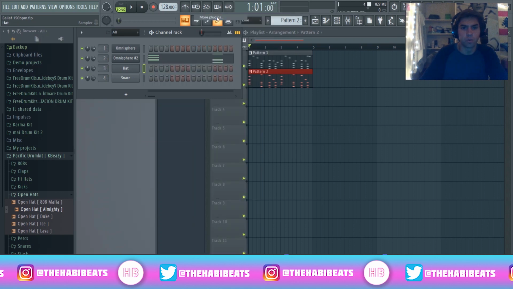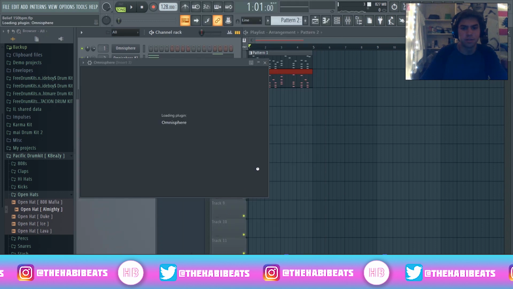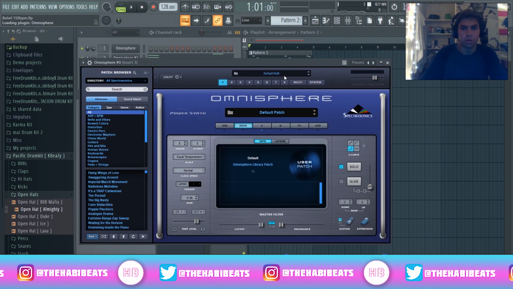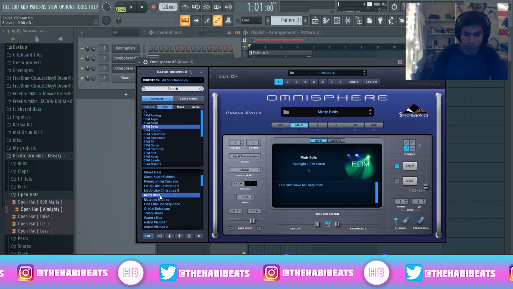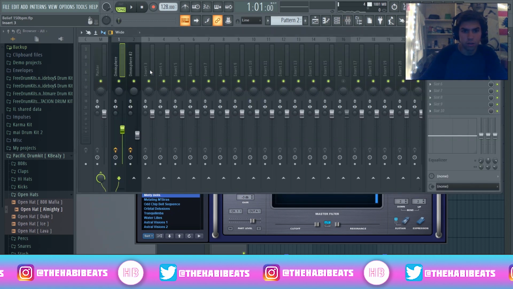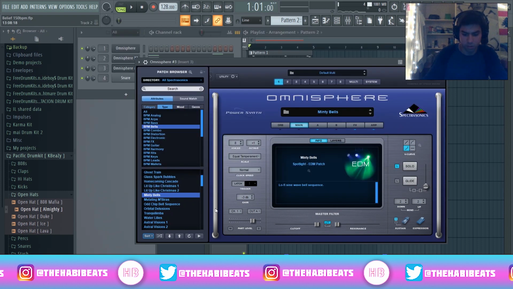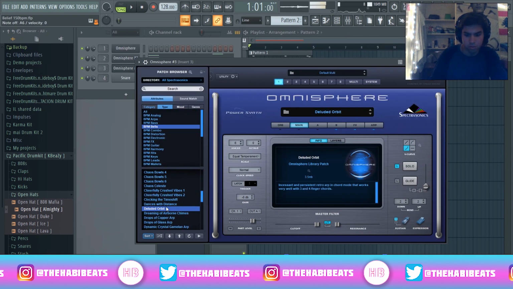And for this third one, we're not necessarily going to just copy and paste and switch around the chords. We're going to add a separate melody, but obviously in the same key. So something that can be interesting is go to, on anonymous spheres, go to RP plus BPM, go to bells, and let's find a cool bell. Let's just put this in the mixer real quick. Alright, so I'm going to use this,